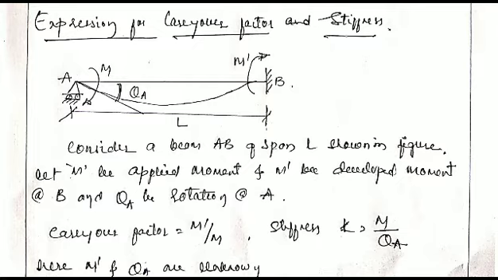So for this, again let us consider a diagram here. A beam is considered with the A end as a roller support or a hinged support, and the far end B is a fixed one, with a span of L. Let M be the moment applied at point A, and due to this, M dash be the moment developed at point B, the far end. When we draw a tangential line with respect to the rotation of the member, we get an angle theta A with respect to the datum line.